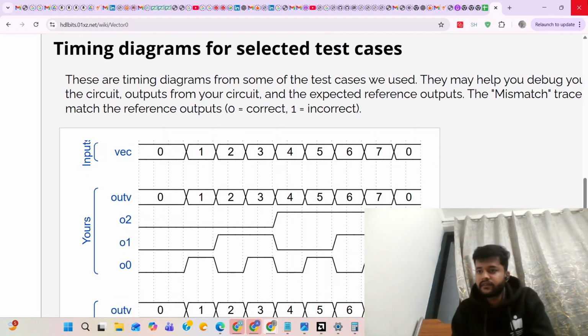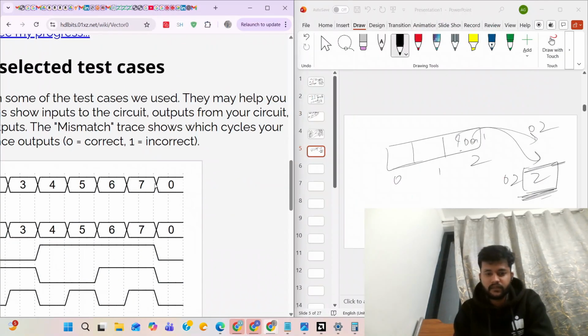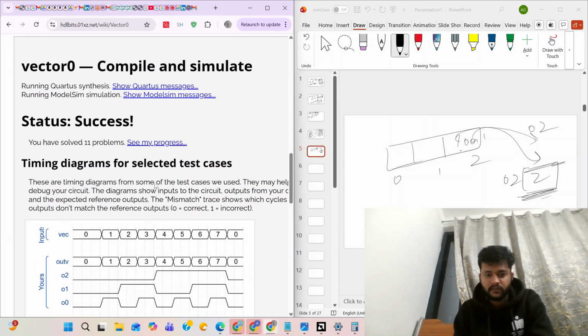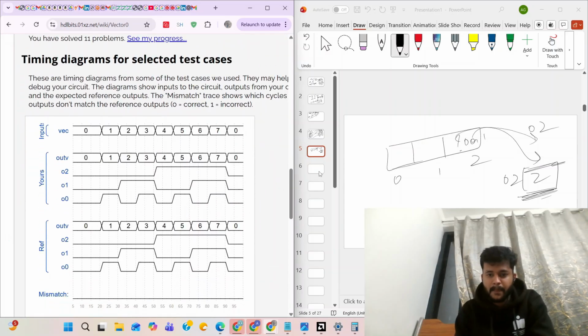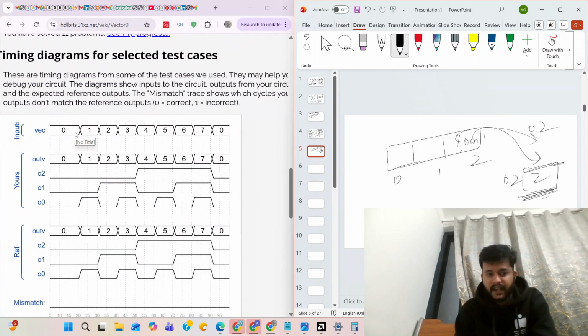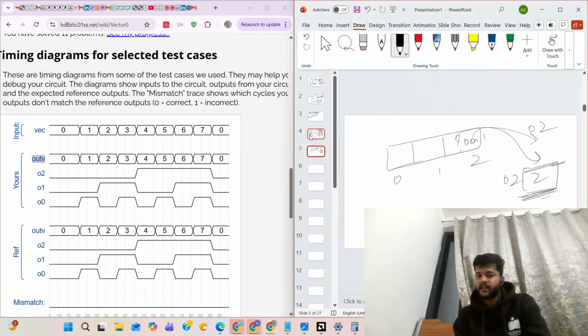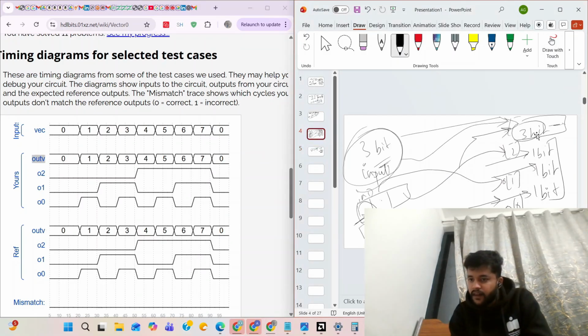I think you will understand in this manner also. Whatever the input vector is, exactly the output vector was also a 3-bit output vector. That's why it is assigning the same values.